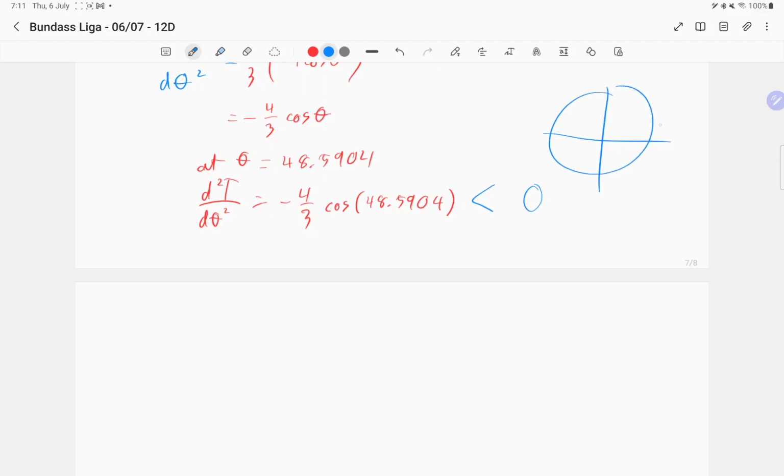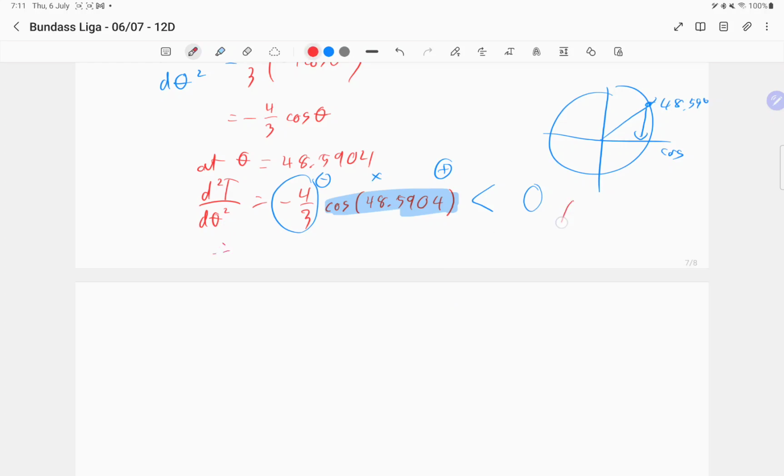On the unit circle, this is the cos axis, and 48 degrees is here. This is about 48.59, okay? And this means that the cos value is positive. So this component is a positive number. And when you multiply that by a negative number, the final answer will be less than 0. Does it make sense? When you multiply the negative with a positive, the answer is less than 0. That's why, therefore,